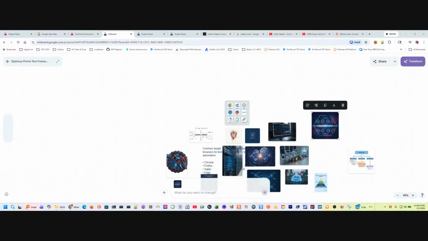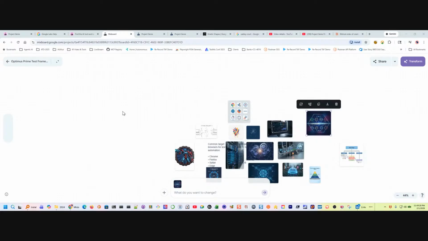Okay, we got a little bit of that going over there. Oh, I got another viewer over here. So I'm trying to figure out how this stuff works. I was going to work out my Optimus Prime test automation framework and describe it. There is a library of functions that are,